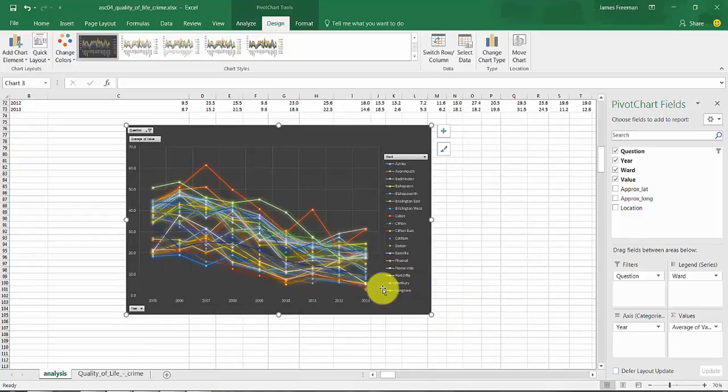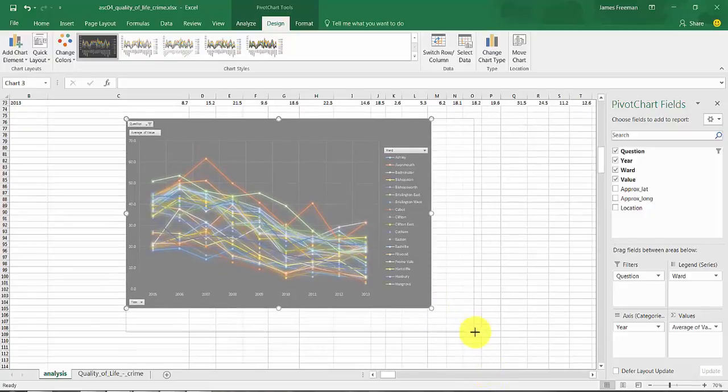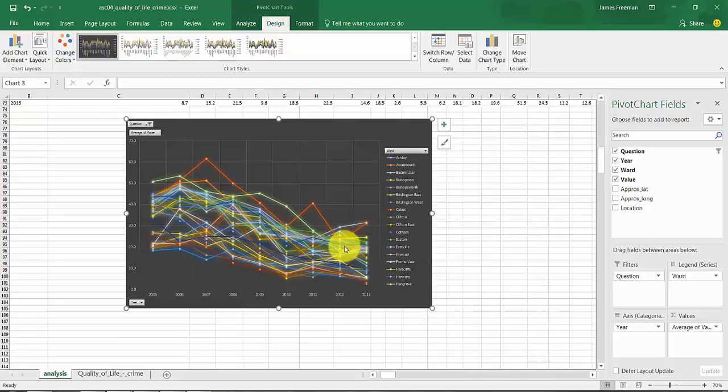Okay, so we need to resize it a bit, and to get the full list of fields, we'd have to resize this graph and make it absolutely huge. All the data is being displayed, but we don't have the key for every colour line or every ward in the area, simply a matter of not being able to fit them all on the chart. So plotting all the results for all wards at once like this gives us a pretty messy graph,